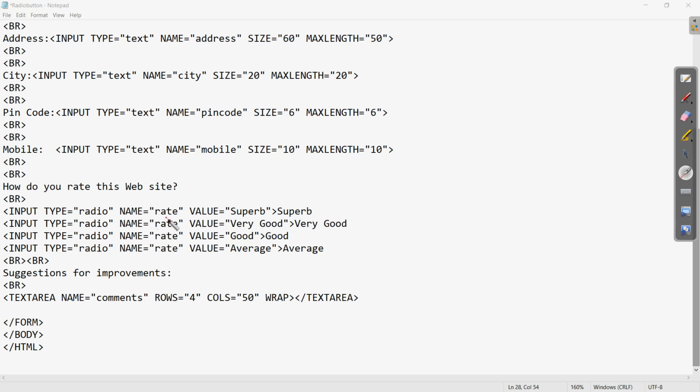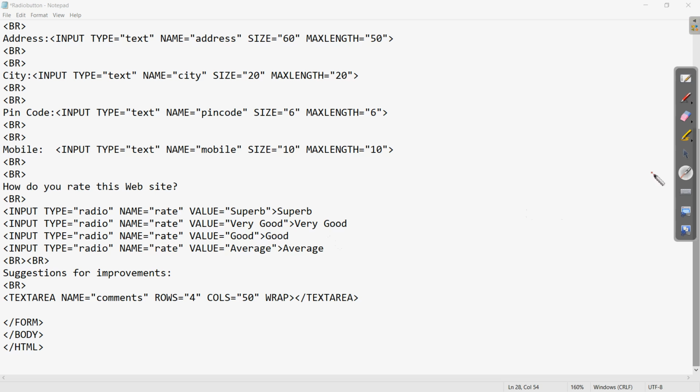In the name you can see all of these are part of a single group, so we have written a common name. We can give any name; here it is the answer to the rating, so we have written a similar name. Then the values which you want to give to these radio buttons, we can give a name, and after the closing bracket is the text which is going to appear on the web page.